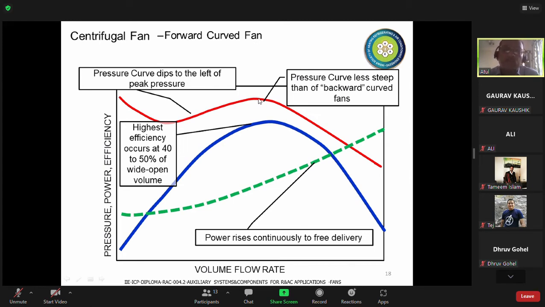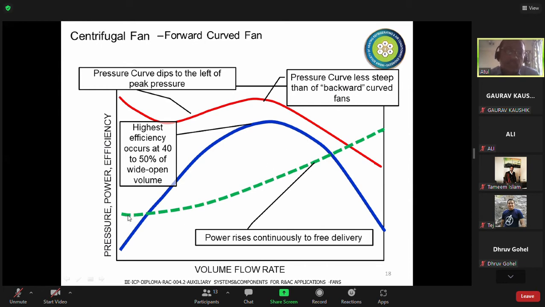We also do not ever buy a fan on the left-hand side of this particular pressure peak. We do not use a fan on the left side of this performance curve, because the fan becomes unstable. We will discuss what that instability means. So we select a fan after the peak pressure and close to peak efficiency. Somewhere from here to here there is a range, because it may be difficult to select a fan exactly at one point. So there is normally a range.